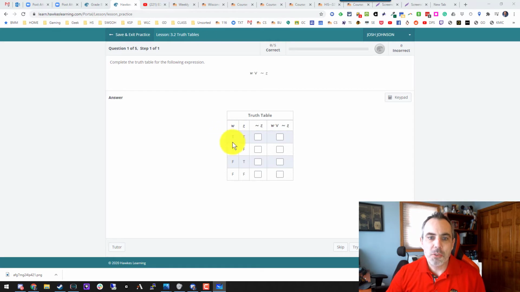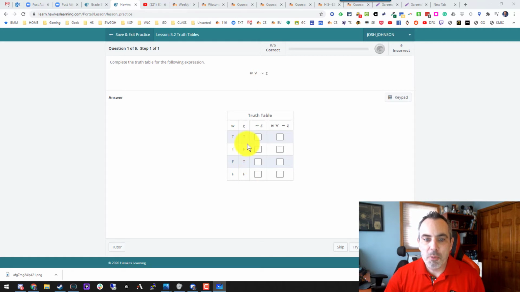So when we look at a truth table, what we're using is an organizational strategy in order to just say this is true. Now here we're using the letters W and Z, and it's asking this question, W or not Z, okay? Imagine this was raining and umbrella. This is saying it is raining or I am not carrying an umbrella, okay? In order for us to understand that, we start with something simple. If this is the statement, I am carrying an umbrella, Z,